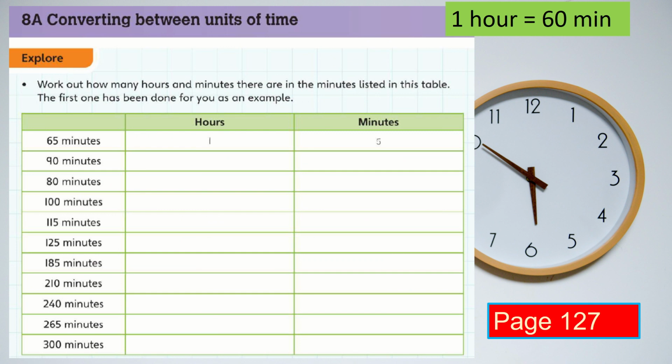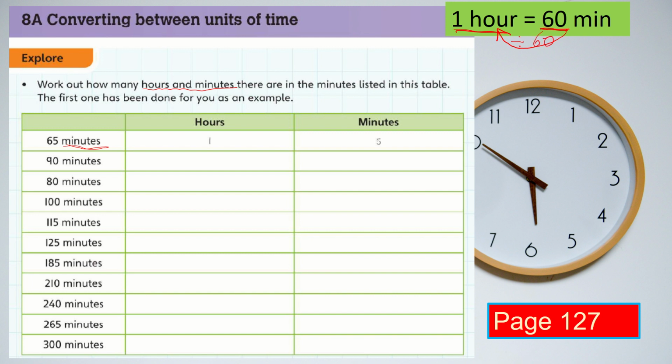This is your next textbook page 126. Here again we are doing conversion, but from here you can see there are hours and minutes, and we are given minutes in the tables. So we are converting minutes to hours. 1 hour has 60 minutes. We are given minutes and we have to find hours. So we are moving from a smaller unit to a bigger one. That means we will divide, and divide with what? We will divide with 60.